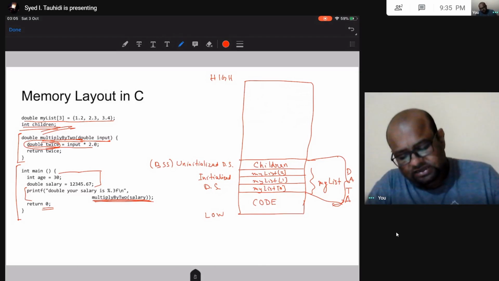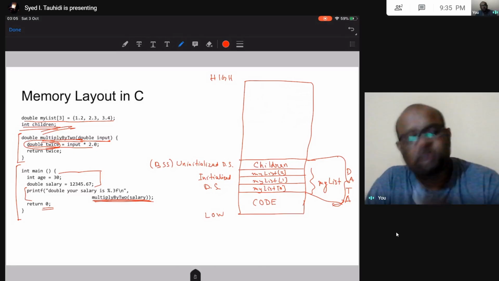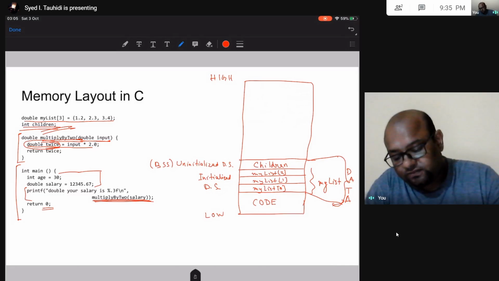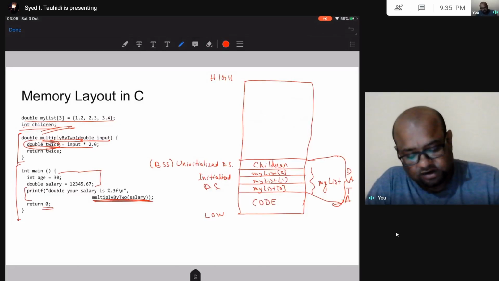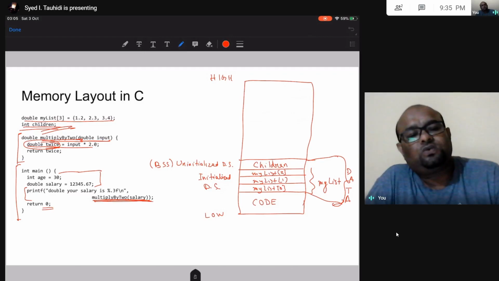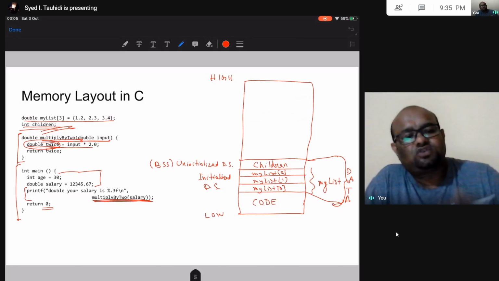Now let us talk about one more part of memory that we did not talk about till now. I believe we have done a very detailed discussion of what is going to go into the data segment. There are two parts of the data segment: the initialized data segment and the BSS uninitialized data segment. So we have a good grasp of what is going to go into these two parts. Then we talked about how the stack is going to grow.